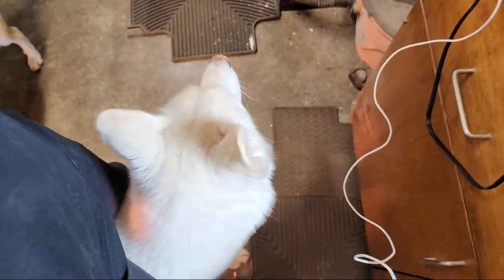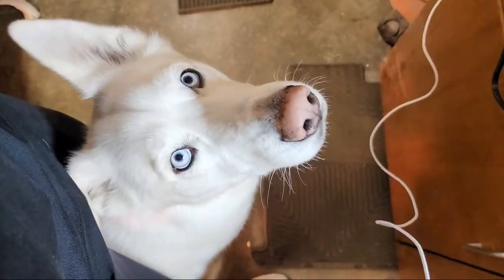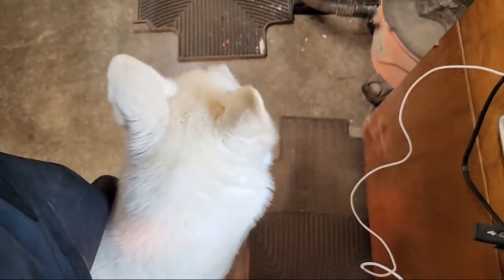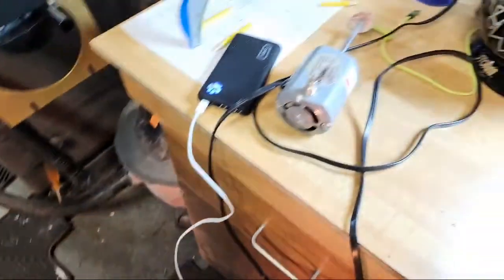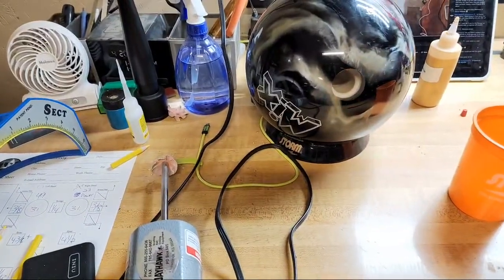Buddy, you're not helping. What are you doing? Storm dog. Hi, buddy. I know. He likes to walk between our legs because then he gets head scratches and neck scratches. So he's always in the way. So, anywho,